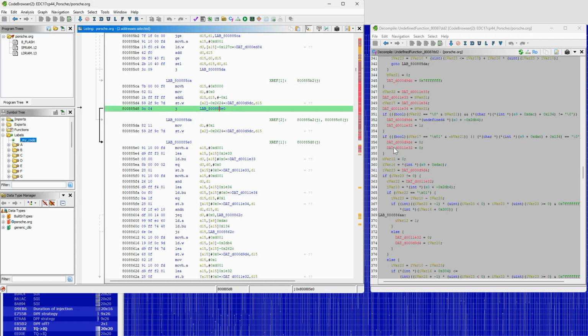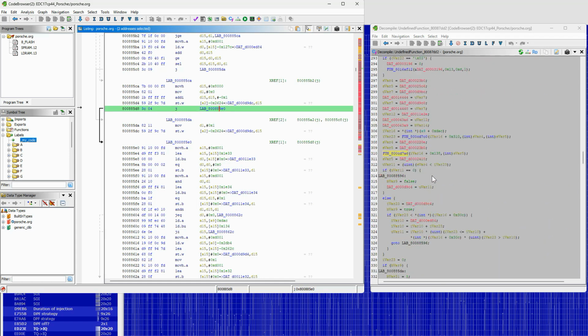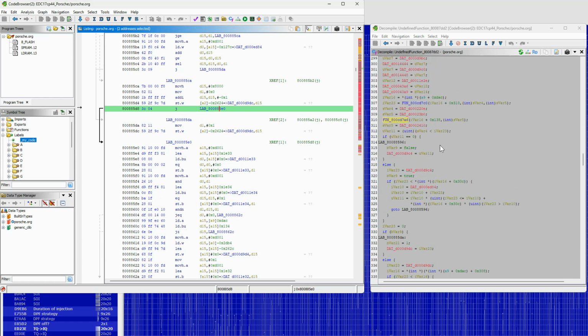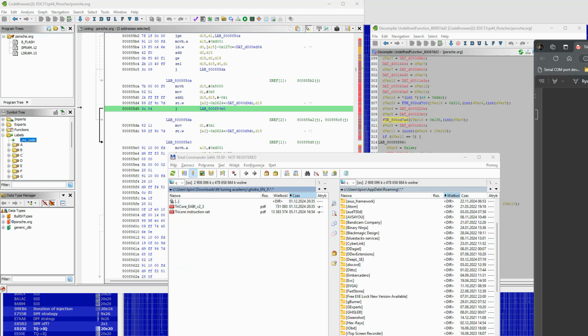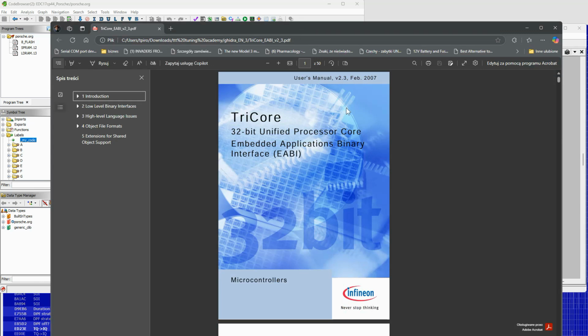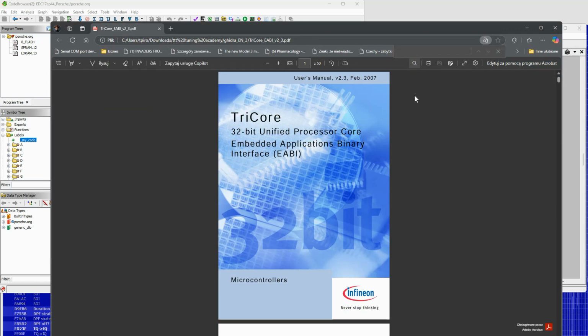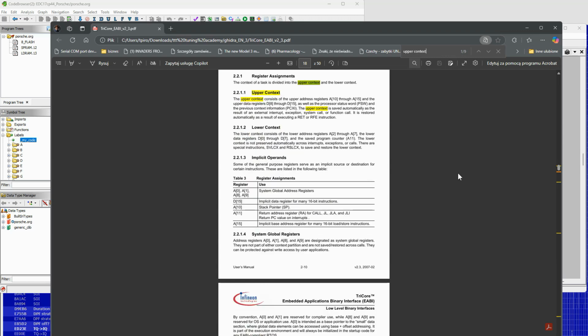Using the call function requires an understanding of what the upper and lower contexts are. Both data and address registers are divided into upper and lower context registers. If the registers belong to the upper context, then when the function call is executed, inside the target function they will not be protected at termination and will be overwritten with old values after the return instruction written from some subroutine. The registers of the lower context, on the other hand, will be passed to the target function to which